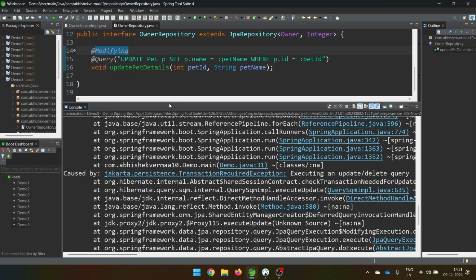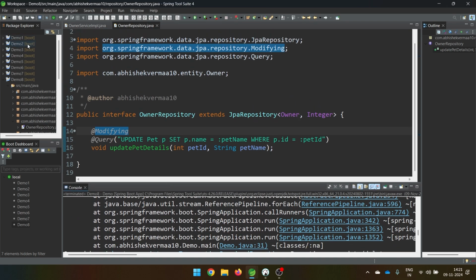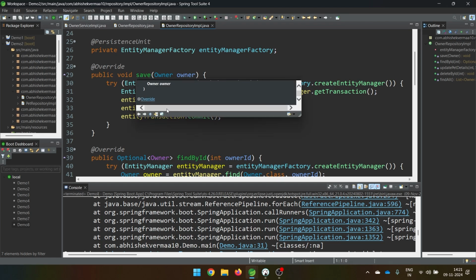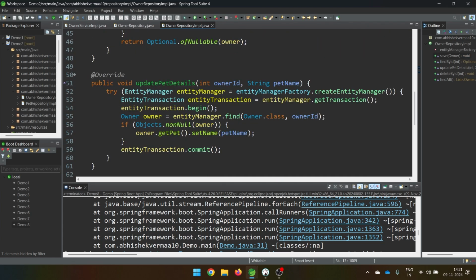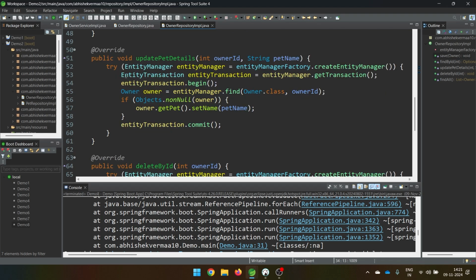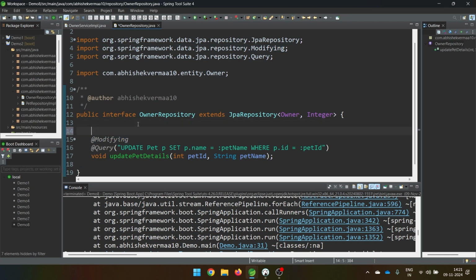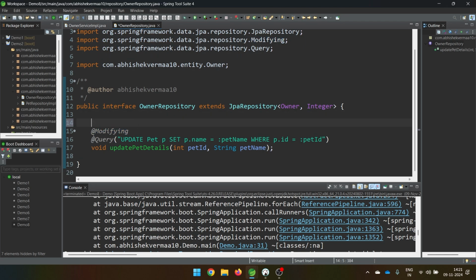If you remember, in this particular demo 2, where we were doing things with the help of Spring ORM, at that time also you see that whenever we used to save something, update something or delete something, we used to take help of this transaction. But when we are just providing this query as such, currently there is no transaction. So whenever you are trying to update or delete something, besides @Query, you also need @Modifying,